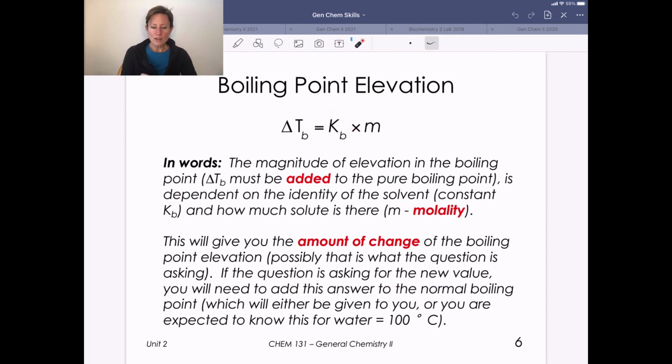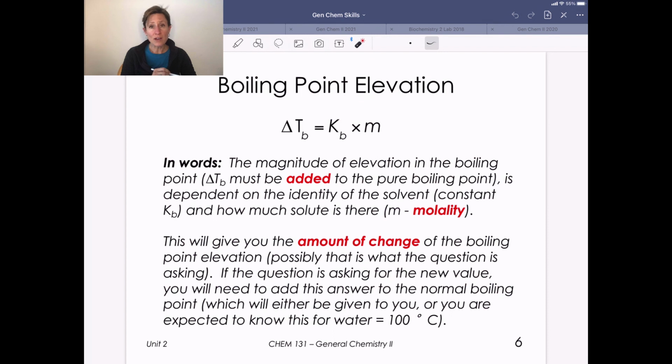Okay, so these again are directly proportional. If we increase the amount of solute we have, we're going to have a greater boiling point elevation. Note that this equation gives us the amount of change. Maybe that's what the problem is asking. But if it's asking for the new boiling point, you need to take this answer and add it to whatever